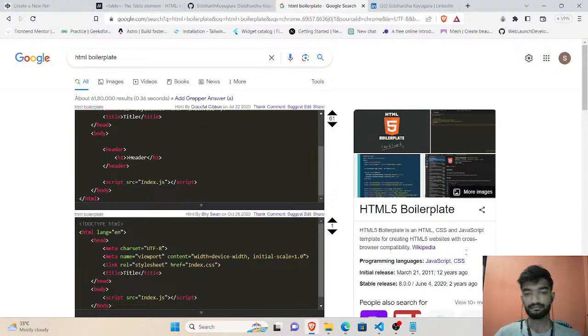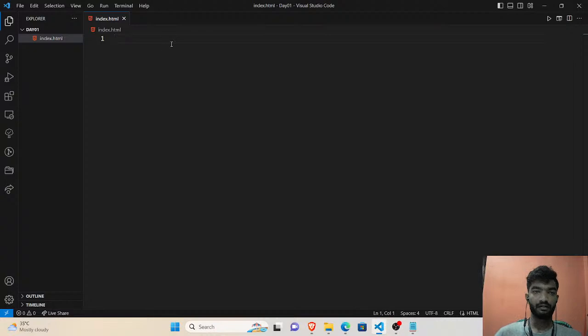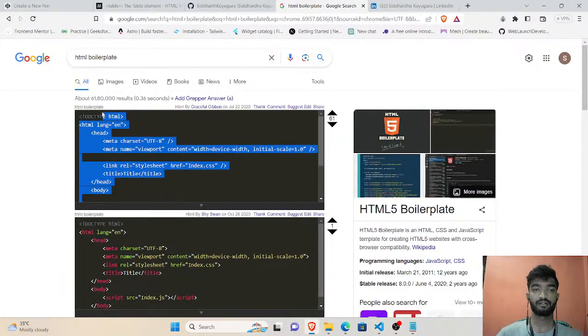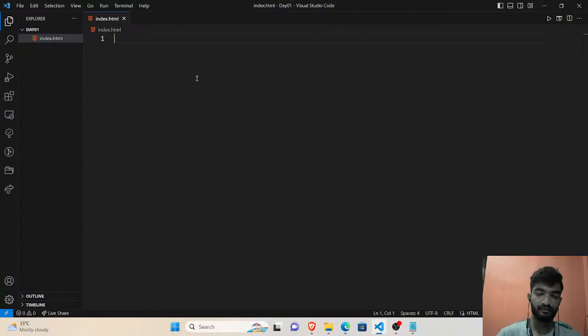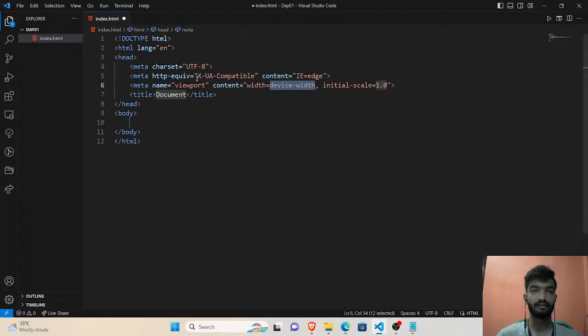That's it. VS Code provides us a simple way. Santosh Kumar, yes, doctype html. That's exactly the boilerplate. Instead of writing this entire boilerplate every time, there is a shortcut command in VS Code. We just need to type html and click on the HTML option. That's it. Our boilerplate is ready.